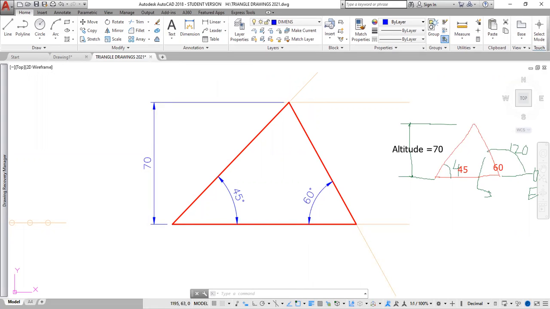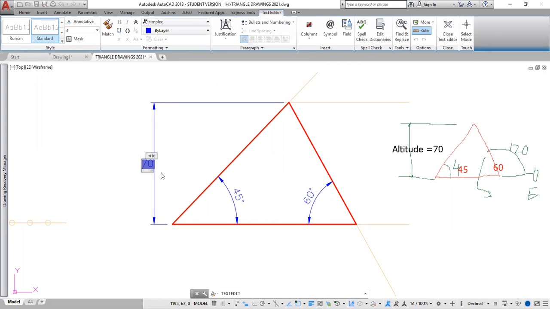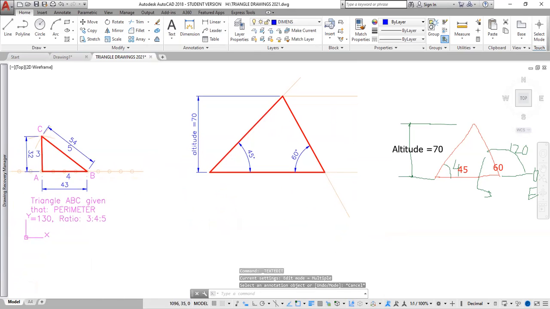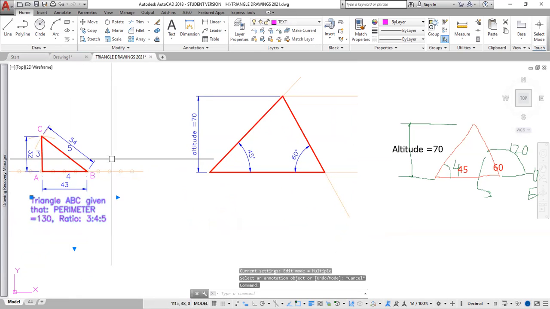Now I'm going to click this one 2 times. Then I'm going to type in altitude, altitude equal 70. And we have our altitude here equivalent to 70. And of course, we need to copy this, CO, enter, copy this,